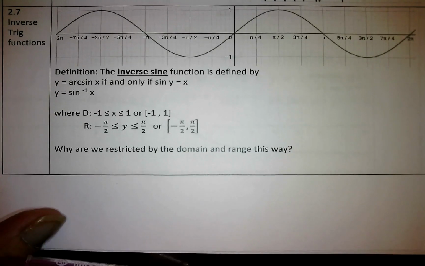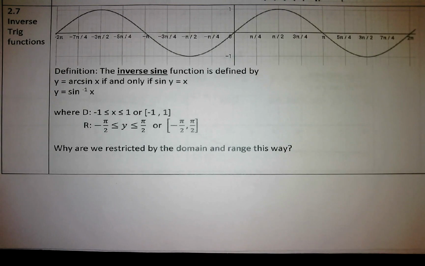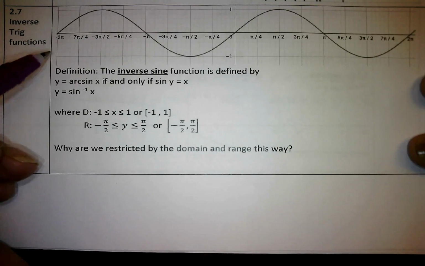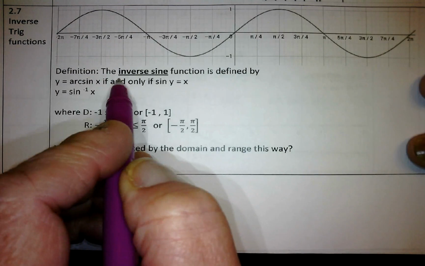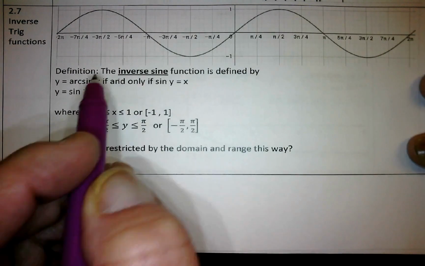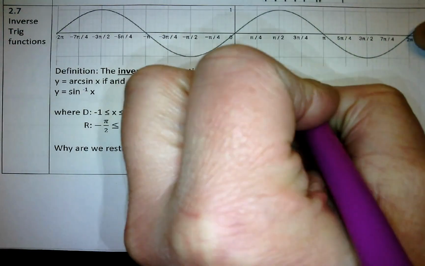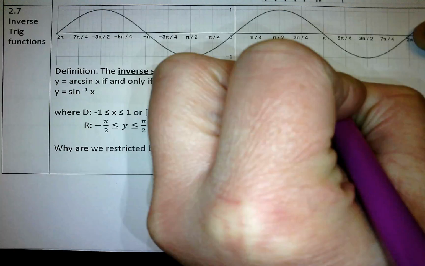7 inverse trig functions. So we are relying very heavily on our unit circle. So if you don't know your unit circle, you need to make sure that you have that memorized. So we're going to talk about today what it means. So an inverse function